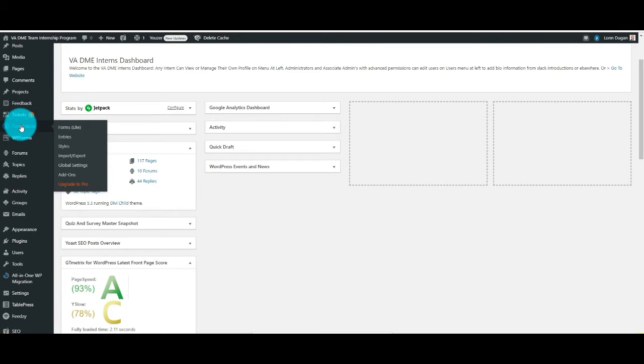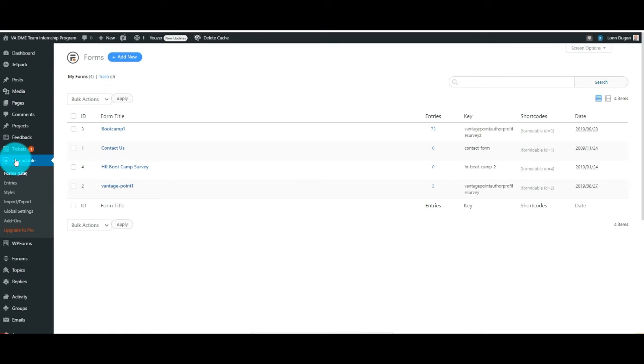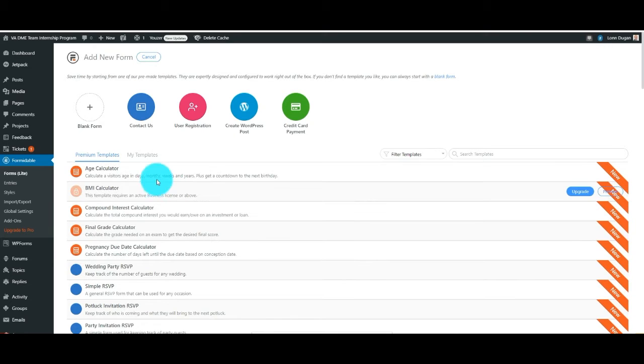Our surveys are done by Formidable, which is a forms script, so it starts with the word form. You can look at Forms Lite, and this tells you the forms that we have and the surveys that have been created. Okay. If I wanted to add a new form, now if I go to forms,